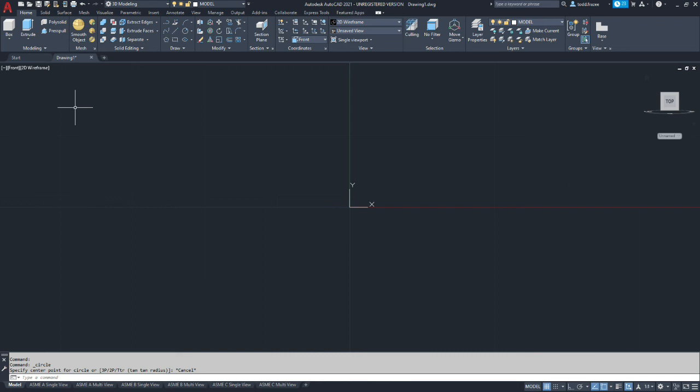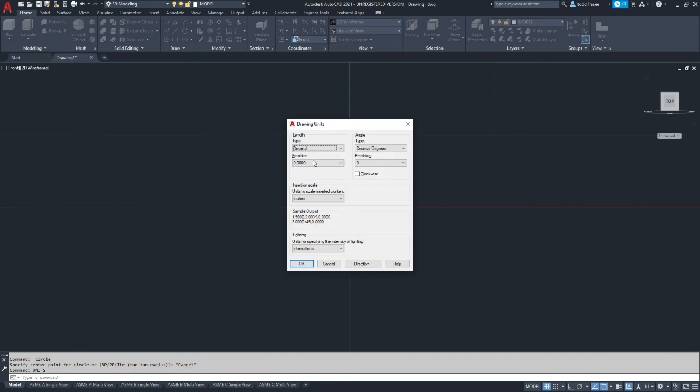The quick way for me to do it is to just type in units, and we're going to change it to millimeters, and our precision can go down to 2 decimal points because that's the highest on this particular drawing. And let's hit OK.